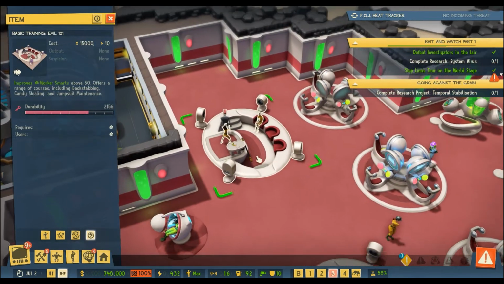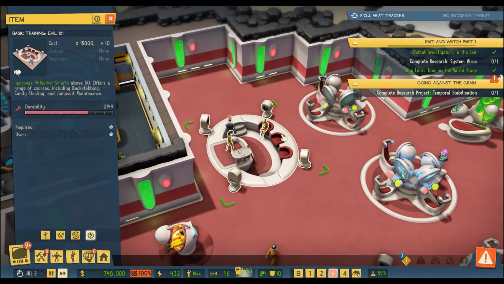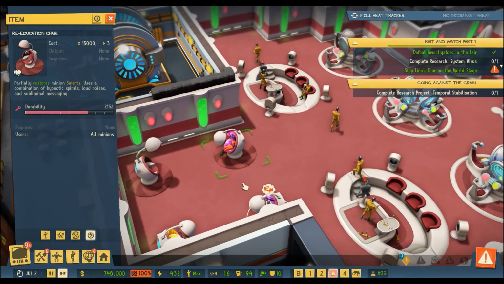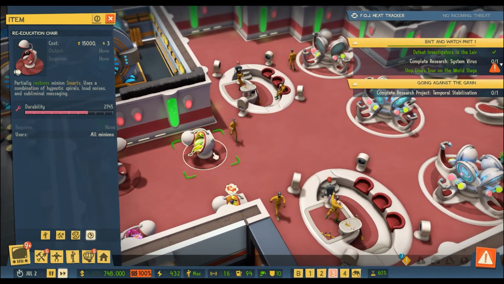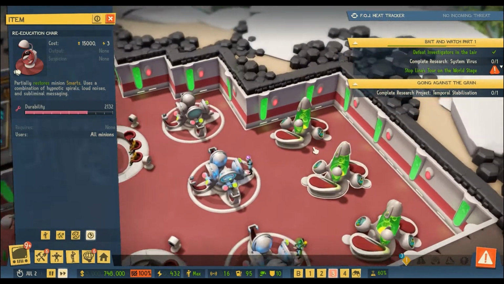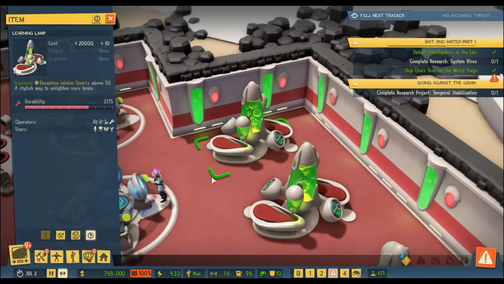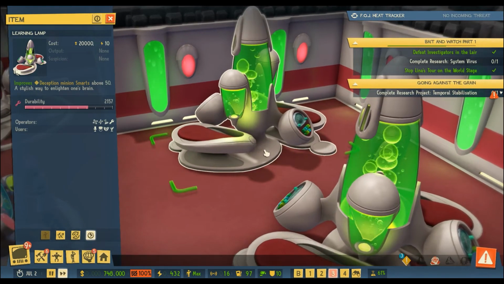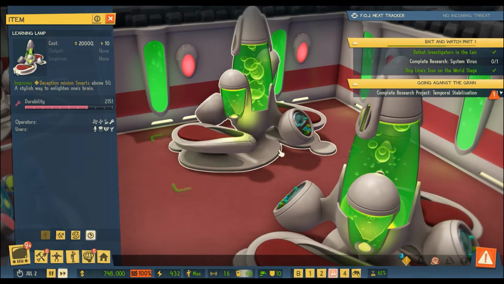Then we've got the basic training, Evil 101, and this improves worker smarts. We've got the little re-education pods that we've always had, and I think anybody can use that. And then over here, we've got the learning lamp, and this improves deception minion smarts. Really fun equipment. And this just looks like a giant lava lamp, so